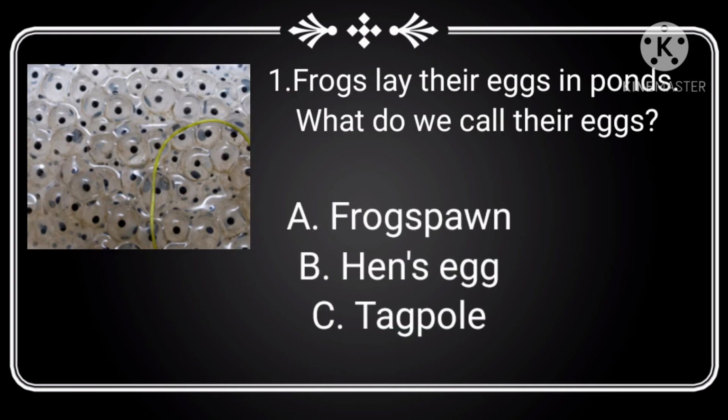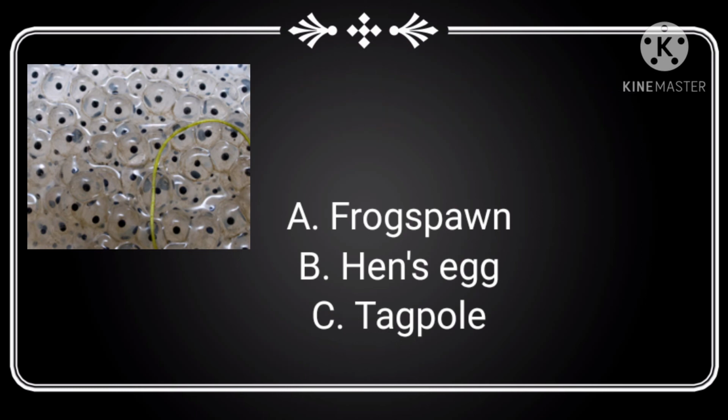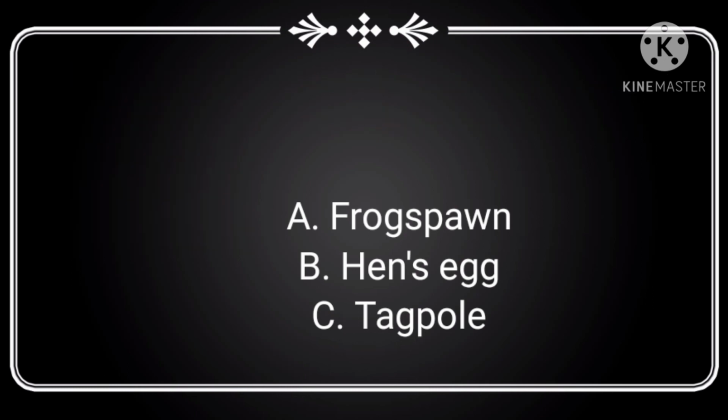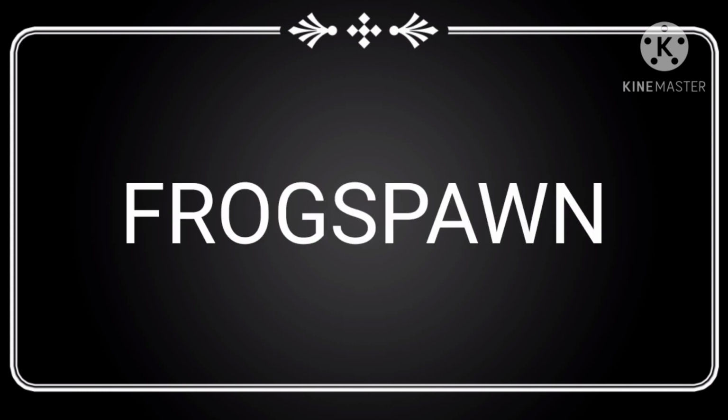Question number 1. Frogs lay their eggs in ponds. What do we call their eggs? A. Frog's pound. B. Hen's egg. C. Tadpole. The correct answer is